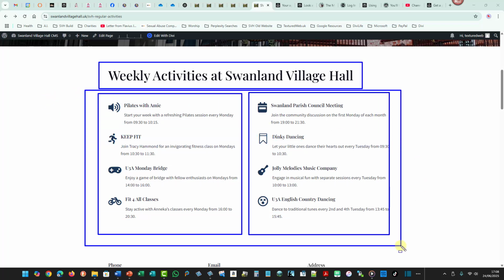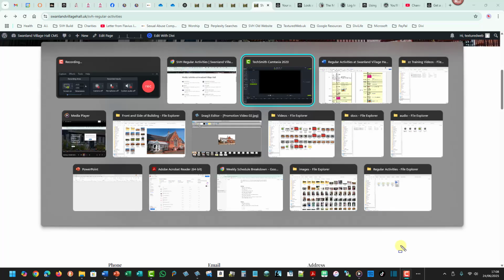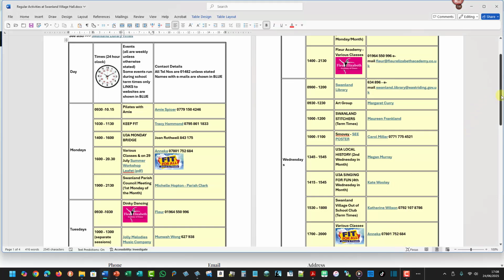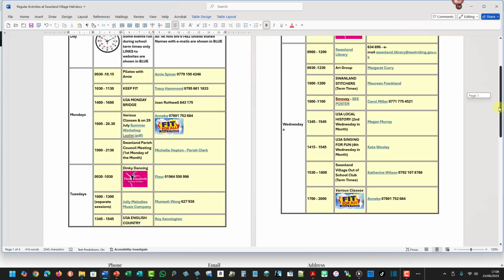That's the setup that we have, and if I Alt Tab to look at the original website, this is where I've copied and pasted from the original website